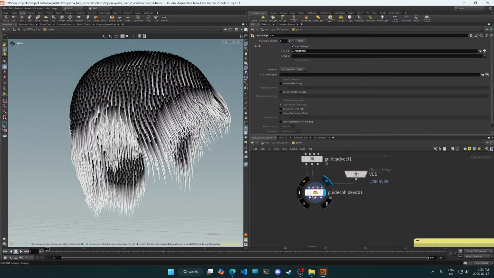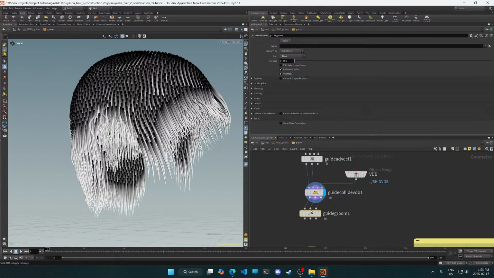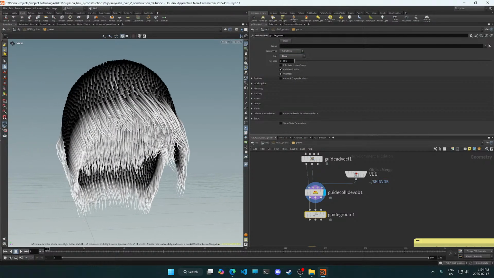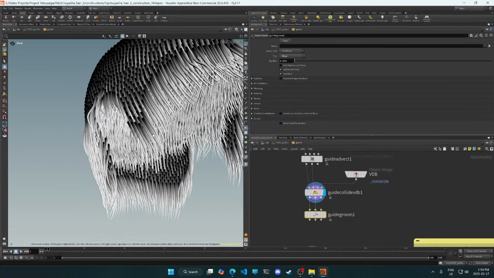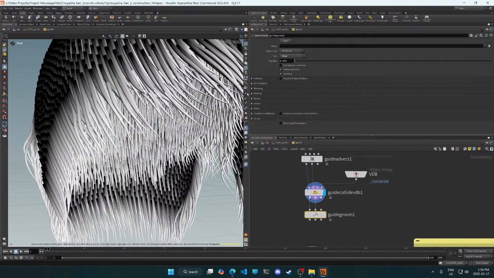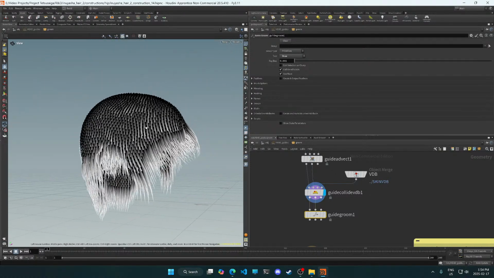Let's take a look at the guide groom node now. This gives me a lot of interactive tools in order to manipulate the hair. To be honest, I don't know all of them offhand. But something that's interesting, if you take a look,